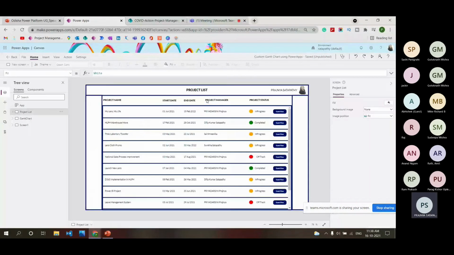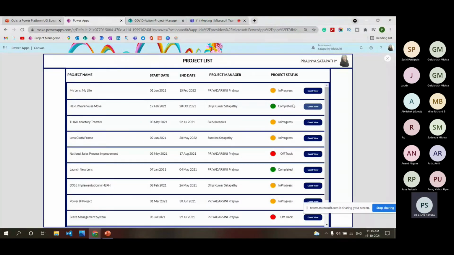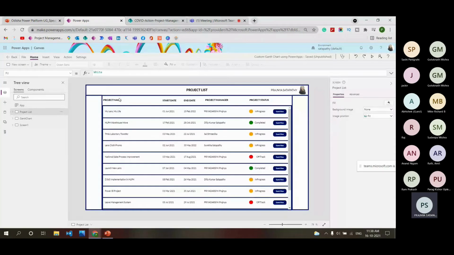First of all, this is a project list. This project list is connected with the SharePoint data source.